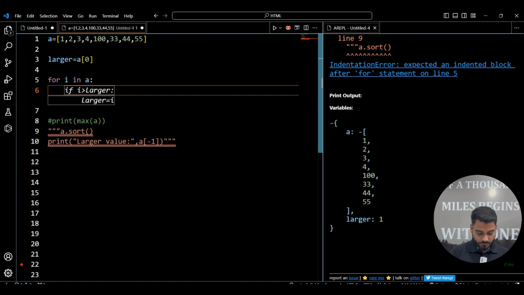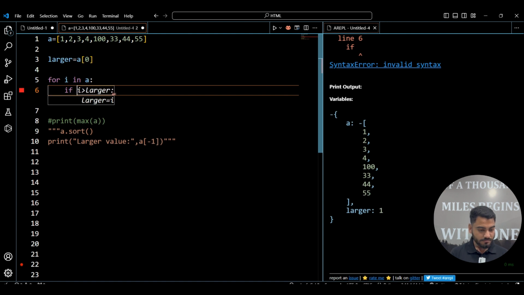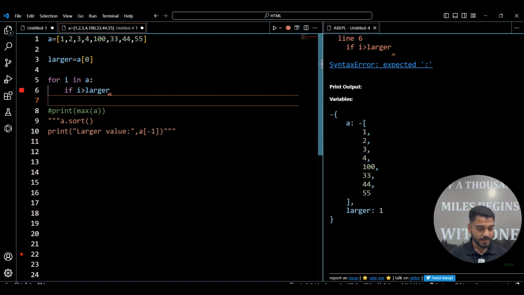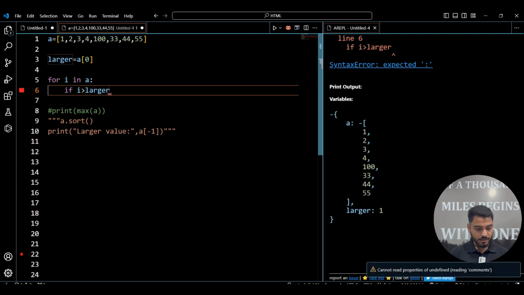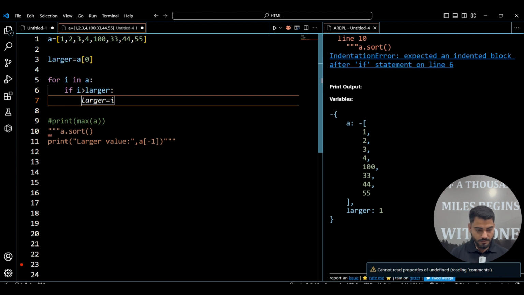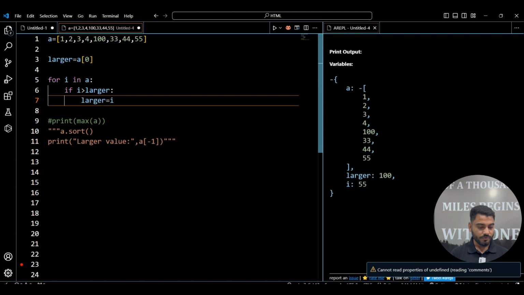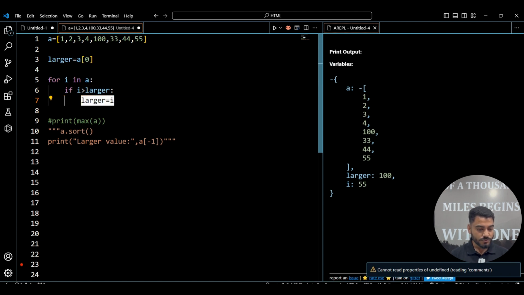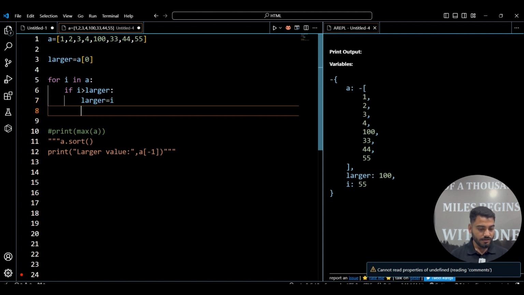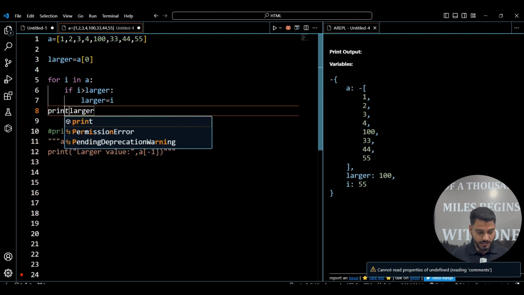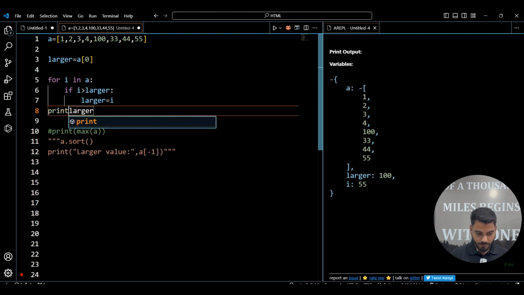Then a simple thing I'll write: if I is greater than larger, which is storing A of 0, that is 1, then I'll write larger is equal to I. Why? Because it is going to store the value of I. I'm going to explain this in depth.